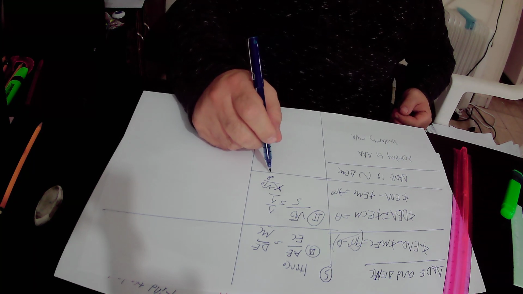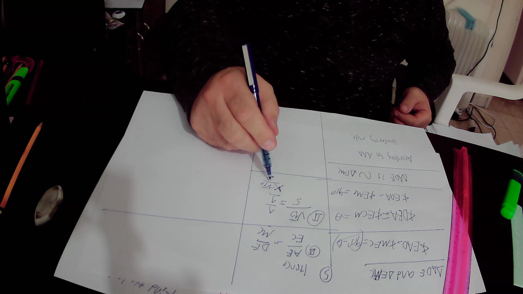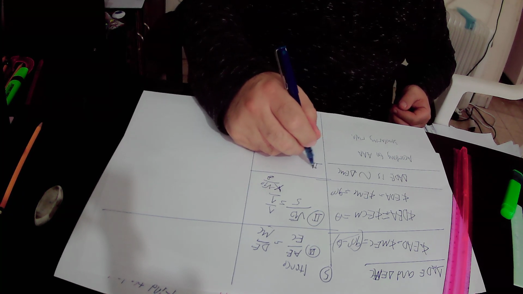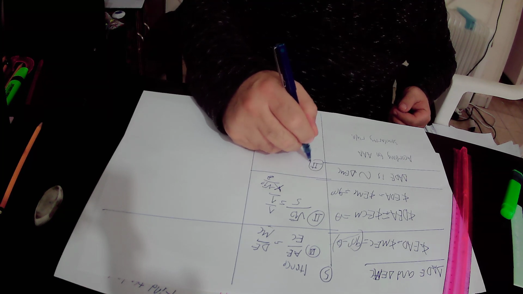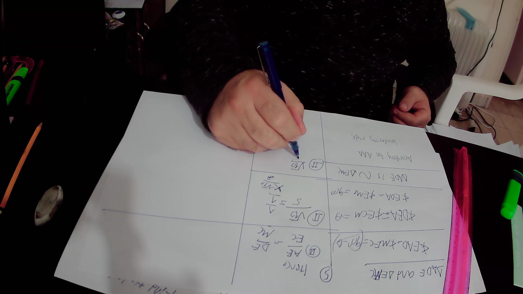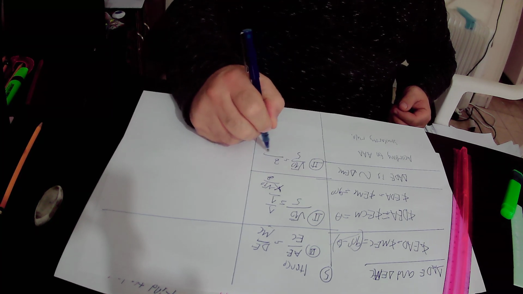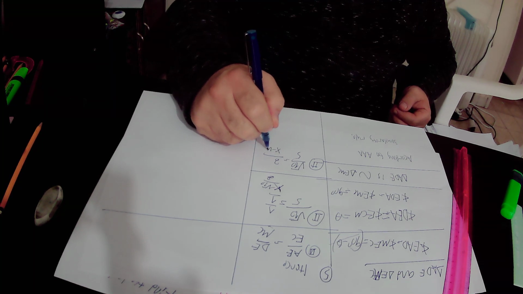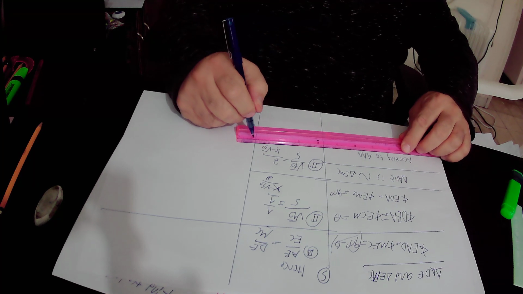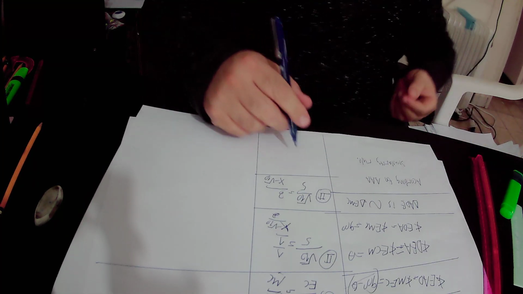So here we will move 2 to the numerator and x minus square root of 10 to the denominator, and we get that according to equation number 2, square root of 10 over 5 equals 2 over x minus square root of 10. Here we first multiply this equation number 2, and we get that according to equation number 2,